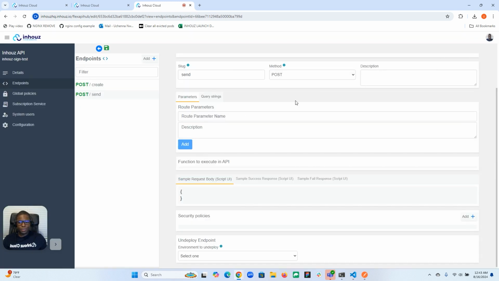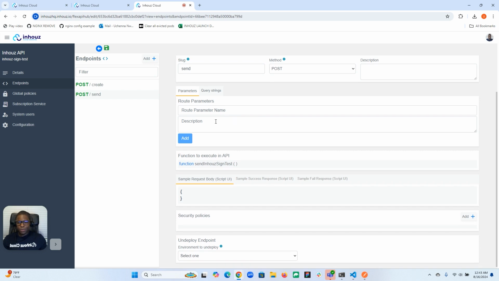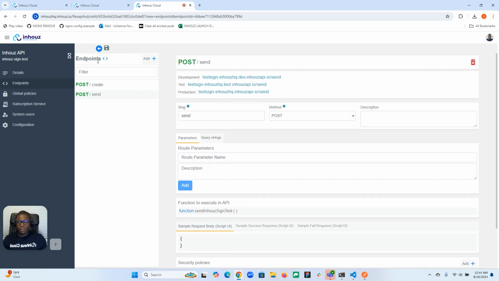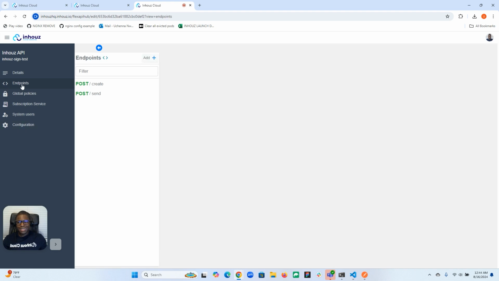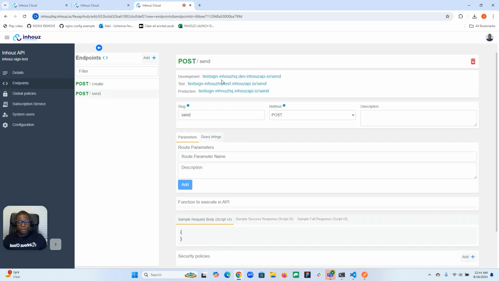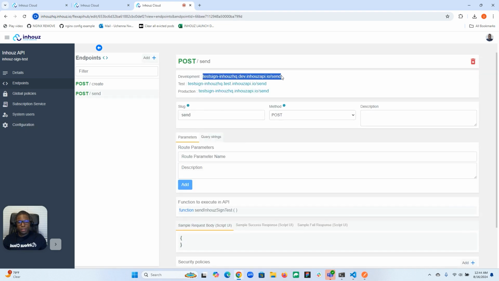Select the function, and I think that is it. I'm going to save this, and deploy this current version to the development environment because we are doing our testing in dev. Copy that dev URL,